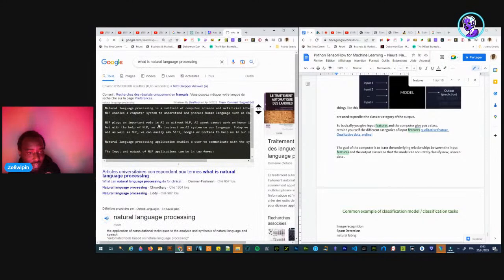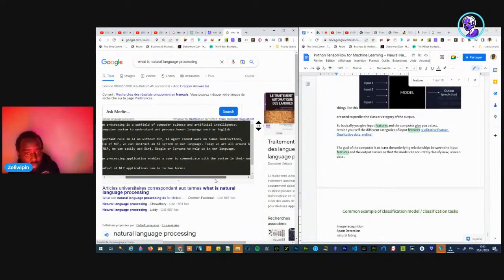It's not a task in itself. It's a subfield of computer science and artificial intelligence to understand and process human language such as English. So I would say understand human language is better suited. The task of understanding human language in NLP.